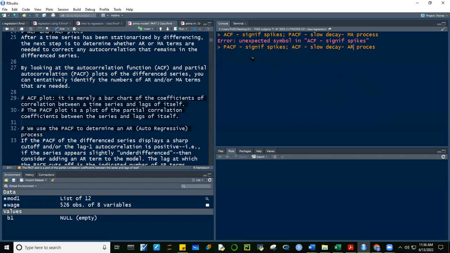Now, pag parehong significant spike dun sa ACF at saka sa PACF, then that's indicative that this is an ARMA process. Okay? Alright. Kailan naging ARIMA? ARIMA process, guys, pag yung original data, dinifference natin. Ibig sabihin, dinifference, minus natin yung value at time t dun sa value at time t minus 1.